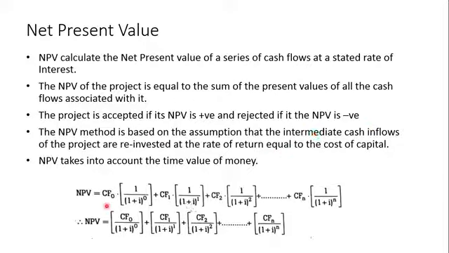The many cash flow diagrams required for calculating the net present value for that particular rate of interest, the intermediate cash flows of the project, are reinvested at the rate of interest or rate of return equal to the capital cost. ओके, मीन्स कॅपिटल कॉस्ट ची जी काय असणार आहे ती आपल्या रेट ऑफ रिटर्न प्रमाणे रिइन्व्हेस्टेड आपण करत गेलेलो असणार आहे. That is, the cash flows of the project are reinvested at the rate of return equal to the capital cost.